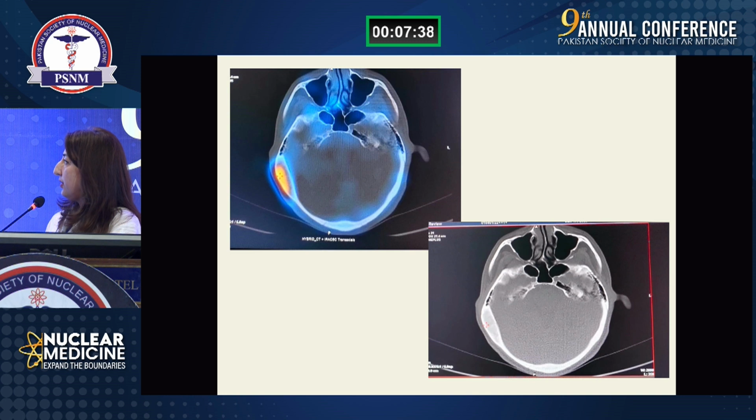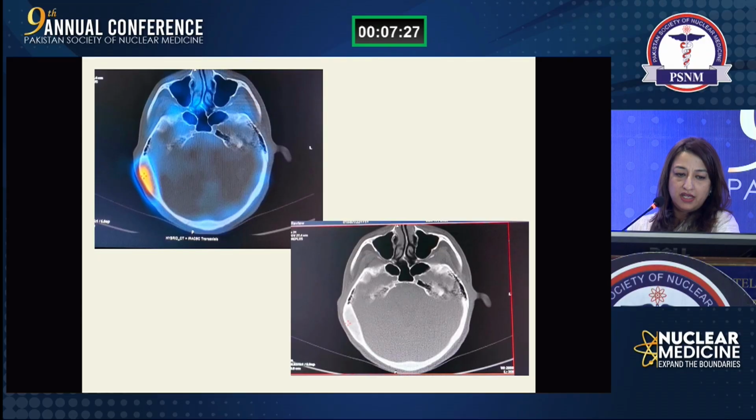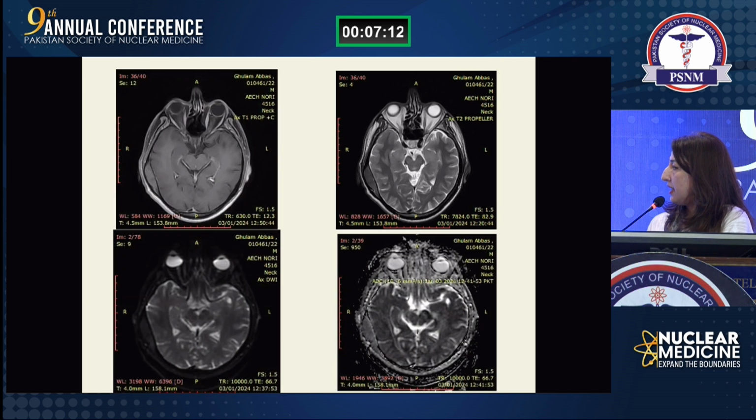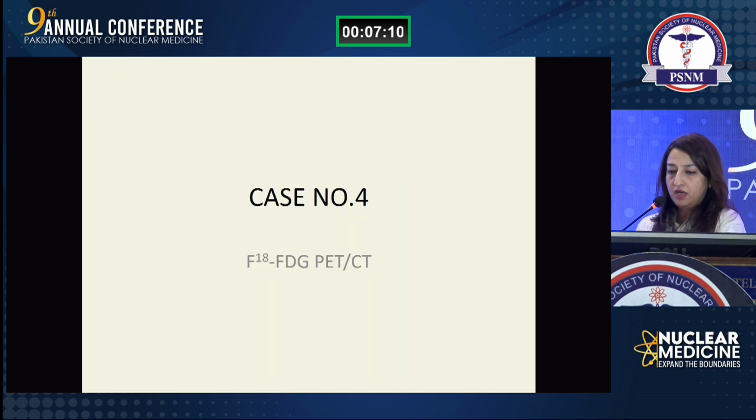So when the CT component was taken, you can see that there is expansile lesion in right parietal bone, and it is giving ground glass appearance. There is no destruction of overlying cortex. The lesion is not a destructive lesion. So this is a typical appearance of fibrous dysplasia, and radiologically, you can say even from the radiology images that this is fibrous dysplasia. We have her MR images,